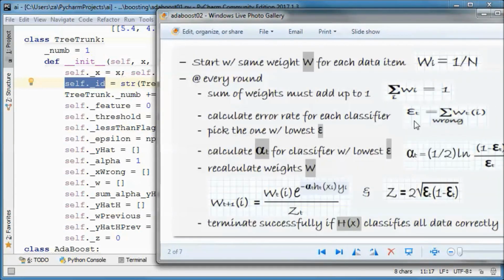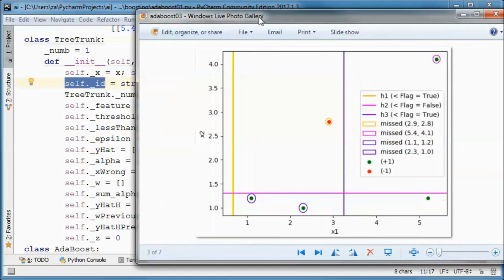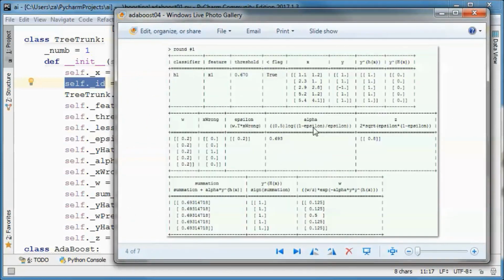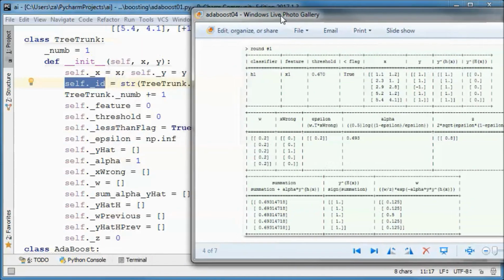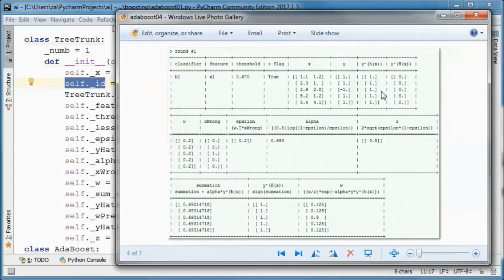So this is how we calculate epsilon. And for H1, epsilon is 0.2, and this is y hat for this classifier.